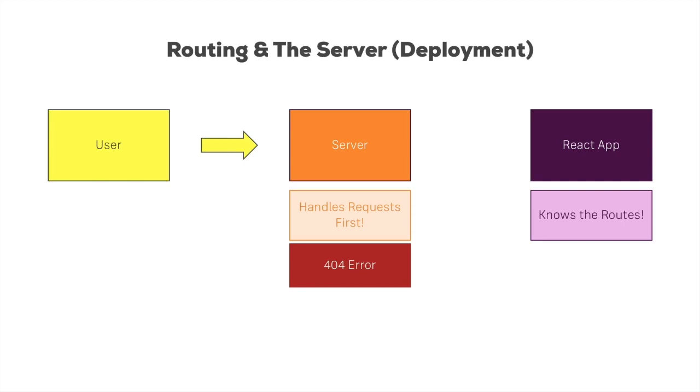We have to configure the server in a way that it always forwards requests, no matter if it understands them or not, so also 404 error requests, to the client, so that it always returns the index.html page, also for unknown requests. Because this then allows React to take over and parse the request against the routes it knows. So we should always load index.html. And if then there is a request we don't know, well, you learned how to handle 404 errors with the